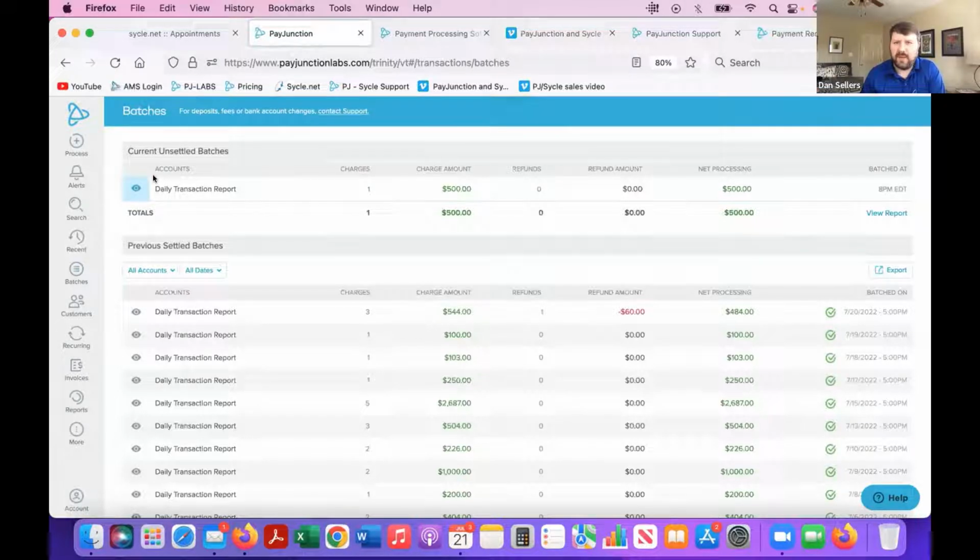And then we did have another question, and I think we're getting close to being done with the demo, so I'm going to go ahead and throw this in there. It's about creating a link on the website so that patients could pay their bills online. It sounds like somebody is already doing this, maybe through a different provider, but wondering if they can do this with PayJunction. Yeah, absolutely. Let me see if I can pull up